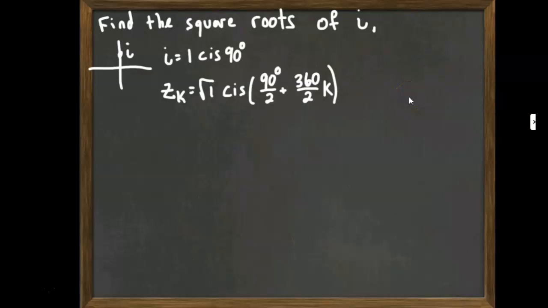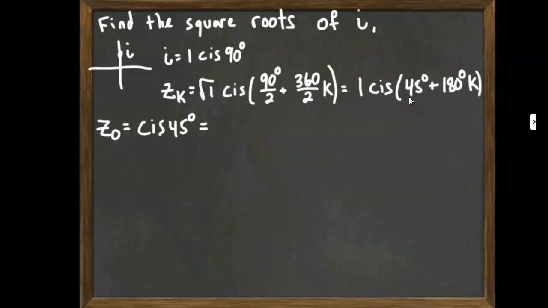And so we simplify this, and we get 1 cis. 90 divided by 2 is 45 degrees. 360 divided by 2 is 180 times k. So we get 1 cis of 45 degrees plus 180 times k. And then we go through and compute our z_k's. So z_0, k equals 0, of course the 180 part goes away. We just have 1 cis 45 degrees,